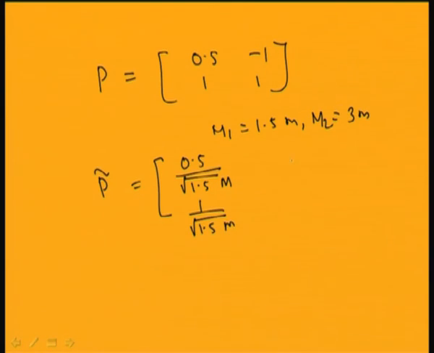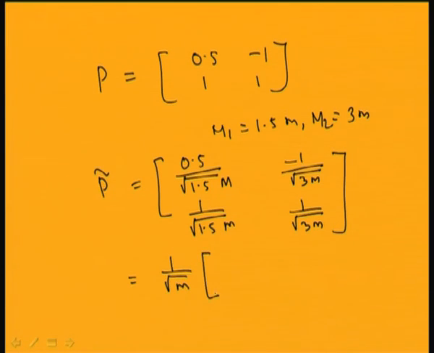and the second column divided by root over 3 m, and this is equal to 1 by root over 3 m. So, I can take this root m outside. So, this becomes 0.408, minus 0.5774, 0.8165, and this is 0.5774. So, in this way you can obtain the weighted modal matrix of a system, and now you can check that